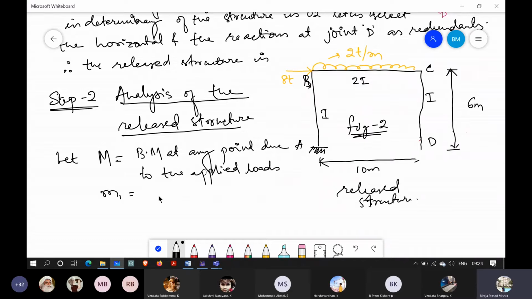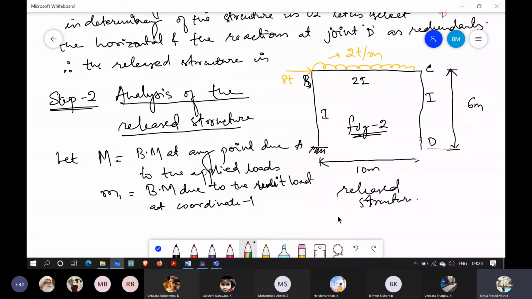And small m1 equals the bending moment due to the redundant, or let's say due to the unit load at coordinate 1. Please remember that this is your coordinate 1, and this is your coordinate 2. Similarly,